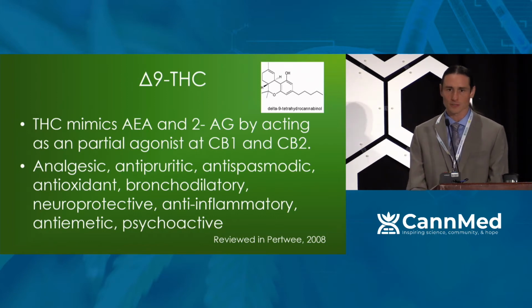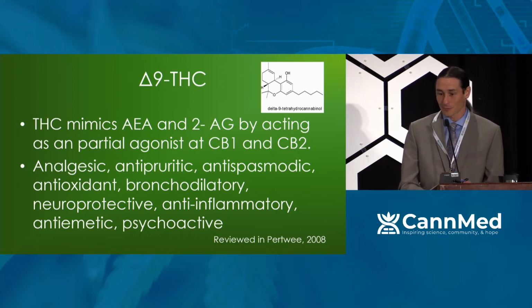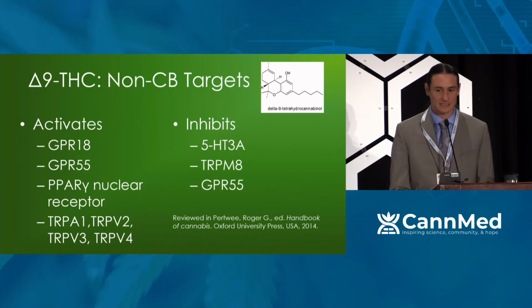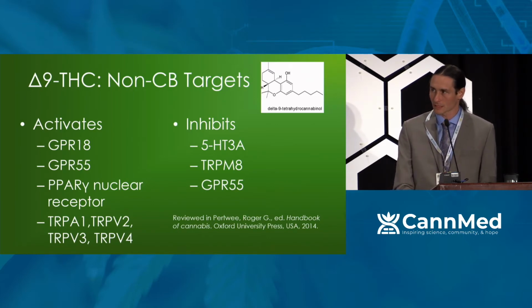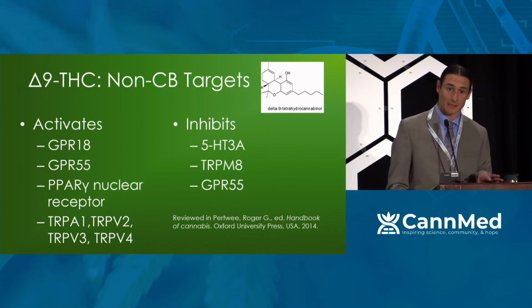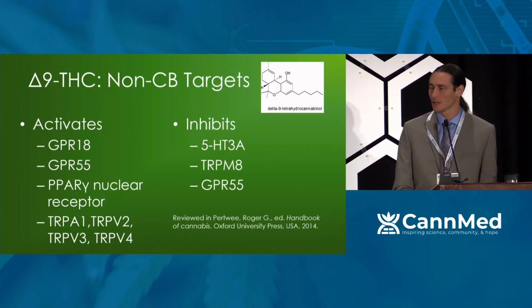Now, that's probably the most clinically relevant function of THC, but a lot of people aren't aware that THC is extraordinarily active, or promiscuous, if you would say, at other targets. We don't know how relevant some of these targets are, but THC activates two other G protein coupled receptors that are at least peripherally involved in the endocannabinoid system. That's GPR18 and GPR55, PPAR gamma, TRPA1, TRPV2, TRPV3, and TRPV4. So notice the absence of TRPV1, which is the capsaicin receptor, but THC is active at other receptors in this vanilloid system.